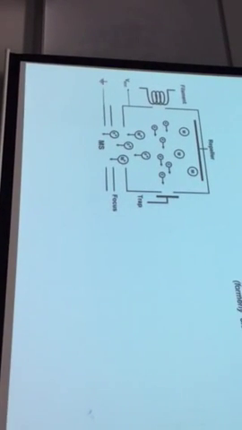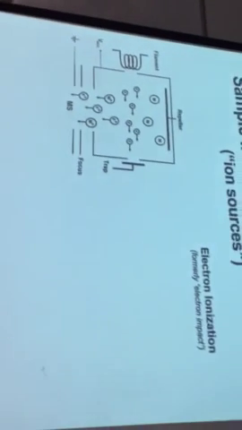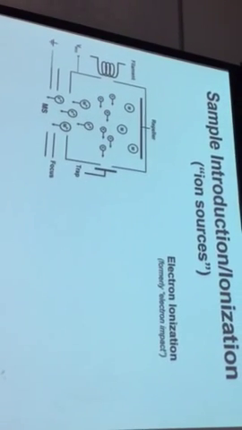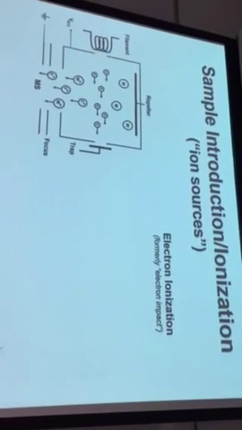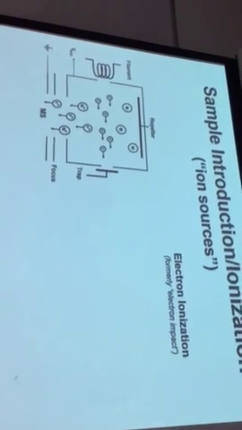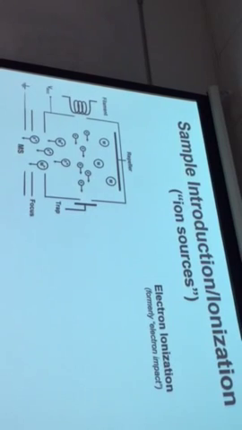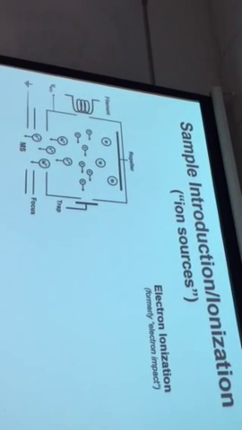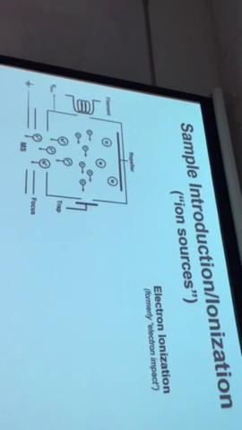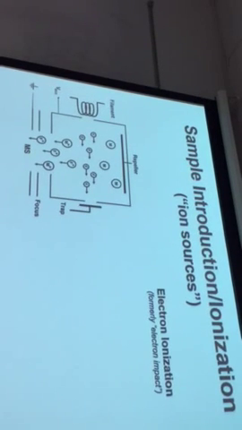Historically, the first sources, and still today arguably up there near the top in terms of widespread use, are so-called electron ionization sources. You might hear the term electron impact, and it's the same thing. We're talking about the same kind of technology and the same phenomenon. It's just that the term electron impact has fallen out of favor. You know what that means? It's fallen out of favor in the scientific community